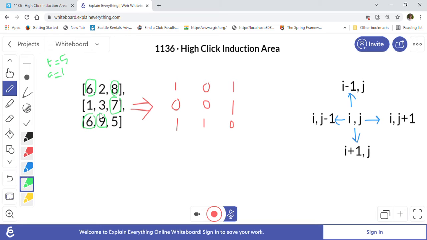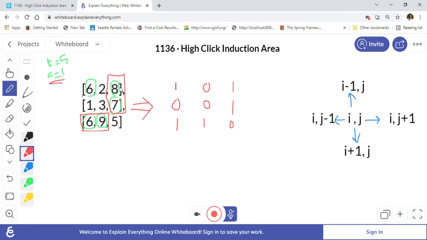Now they are saying that the connected cells will create a high induction area. So 6 and 9 will create one area here. This is a high induction area, I am highlighting it for you. And this is another high induction area, which is 8 and 7. And this one is also another induction area, but we will not take the lone 6, because the area threshold is equal to 1, which means the area should be greater than 1.